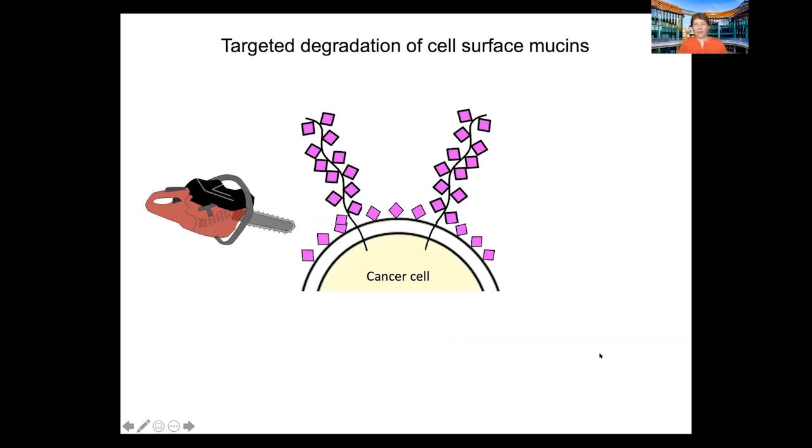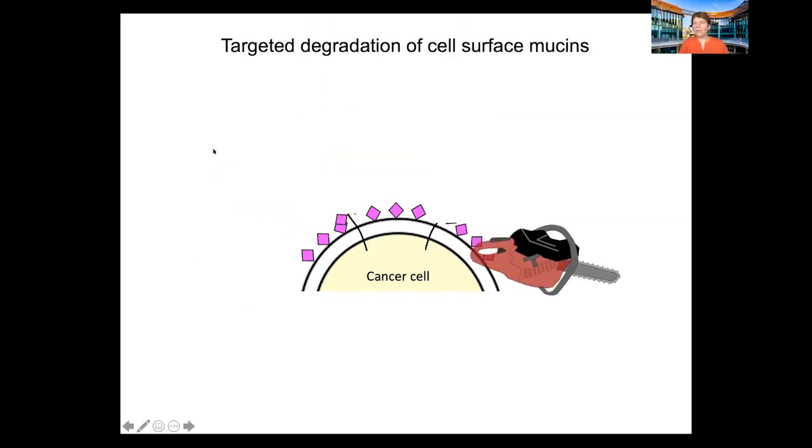So a collection of grad students in my lab wondered whether we could have a more refined therapeutic that would only take off these kinds of mucins like CD43 and leave the rest of the sialic acids that were irrelevant for Siglec 7 binding intact on the surface of a cell. So they envisioned, rather than a molecular lawnmower per se, a molecular chainsaw that might come along and cut those mucins off of the cell and deprive them selectively of their ability to engage Siglec 7.